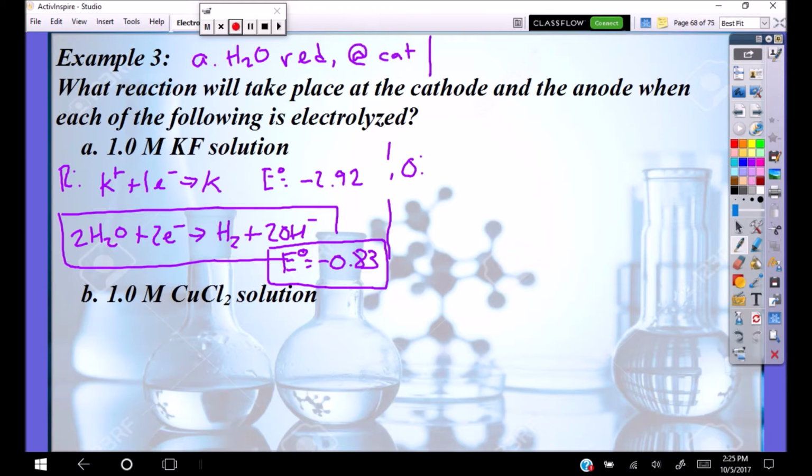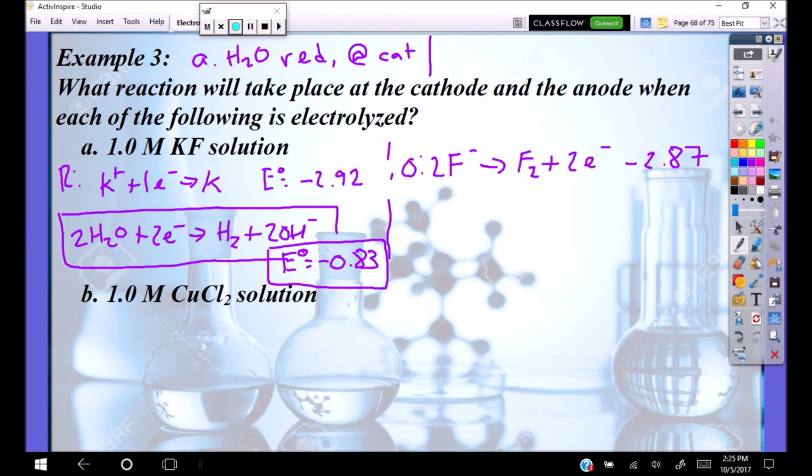And then we want to look at the other side. The other side is our oxidation. So here we have to look at F minus. We're given the half reaction F2 plus 2 electrons gives us F minus. We have to remember that's a reduction half reaction from our table. So if we flip it, F minus will become F2 plus 2 electrons. 2F minus gives us F2 and 2 electrons. That has a negative